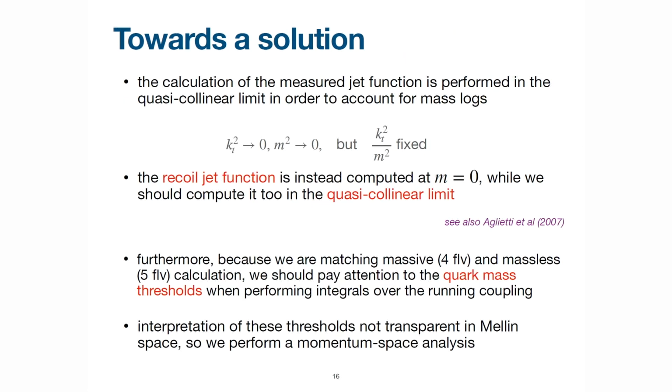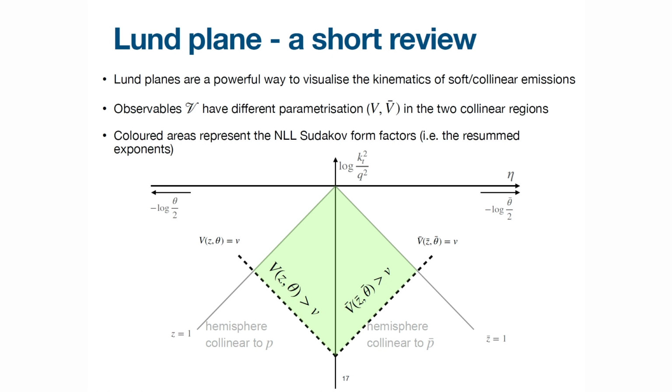Okay, resummation is usually done in Mellin space, but when you start crossing thresholds, at least for us, it was difficult to understand how to properly describe this in Mellin space. So we decided to do the calculation in physical space. I don't want to describe the calculation details, so I'm going to draw some pictures.